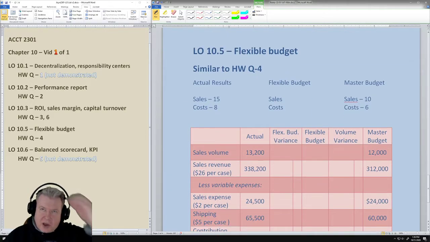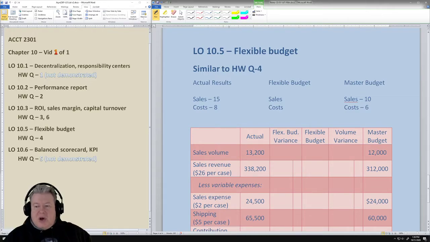Okay, so interestingly, this textbook introduces the idea of flexible budget in this chapter. Typically, we do this only in the variances, but I think it's probably okay that we approach it here. So we spent all last chapter looking at what we call the master budget. And we just talked a little bit about how we have actual results, and at some point, we want to compare those. But there's an extra step that we need to take to be able to compare it.